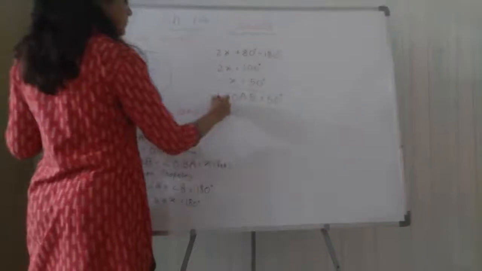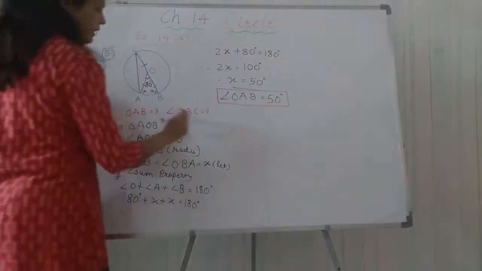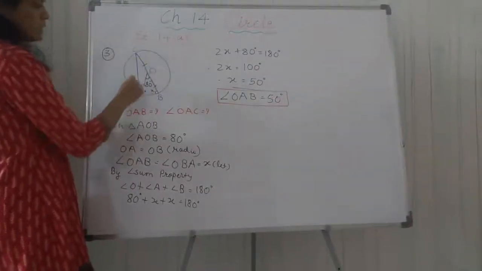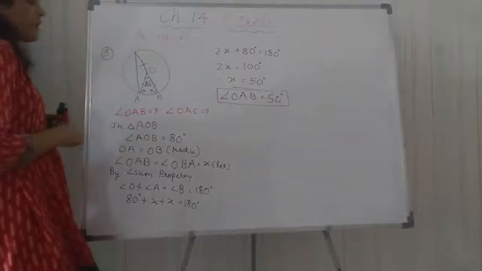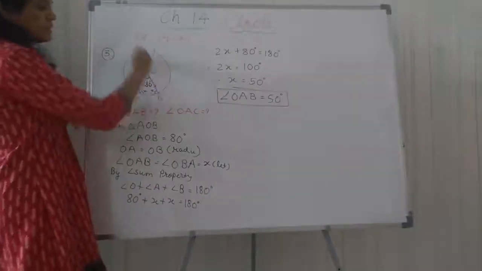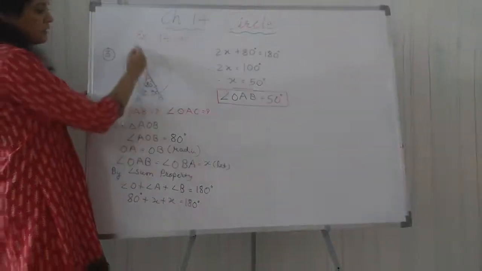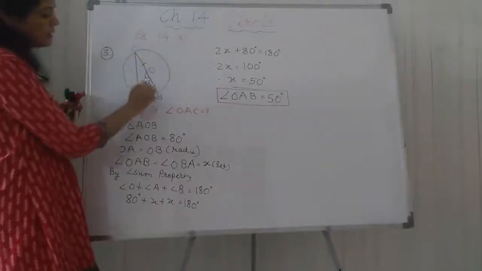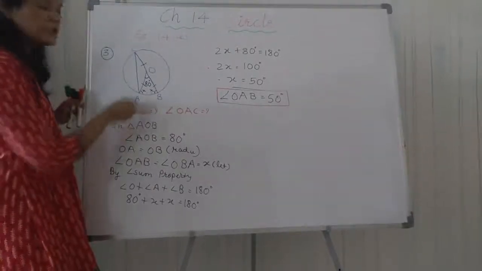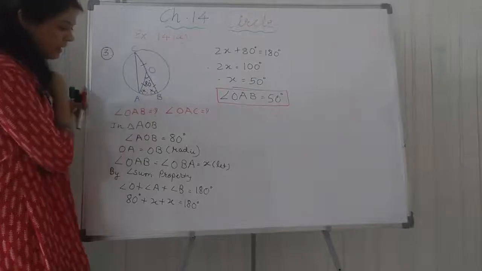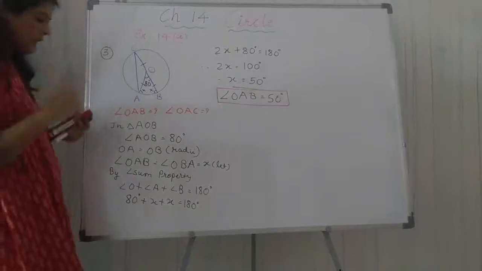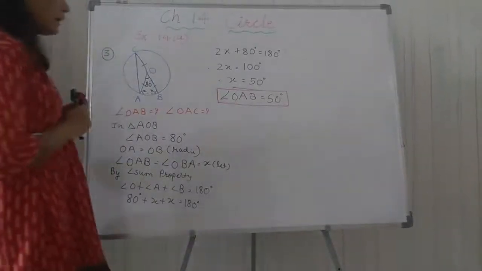Now for the second answer, we have to find angle OAC. So you see again this triangle OAC. In this triangle also OA and OC are the same. One more thing, students: if I join AB here and BC is the diameter, it will form a semicircle. This is the angle in the semicircle at the circumference. What is the measure of it? It is 90 degrees. So now this part of the 90 degrees we already found as 50. So how much is this OAC?